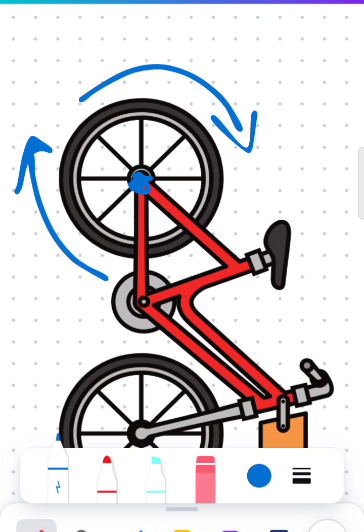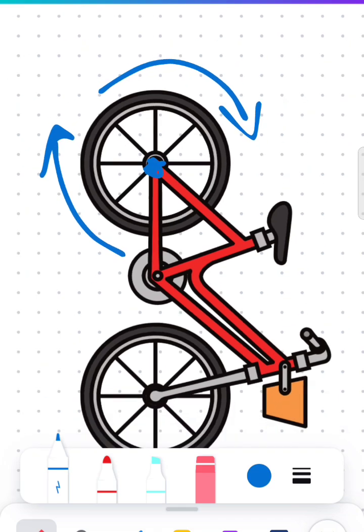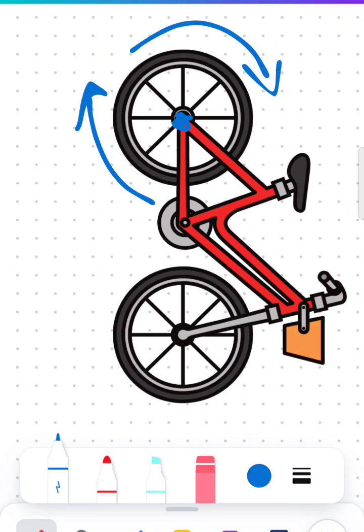In rotatory motion, there is a topic, moment of force or torque. Moment of force or torque is defined as the product of the magnitude of force and the perpendicular distance between the line of action of force and the axis of rotation. So, first of all,